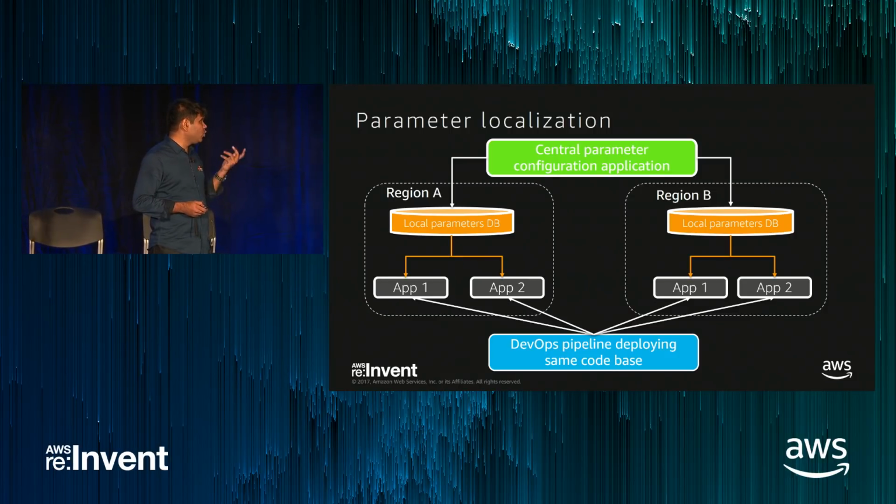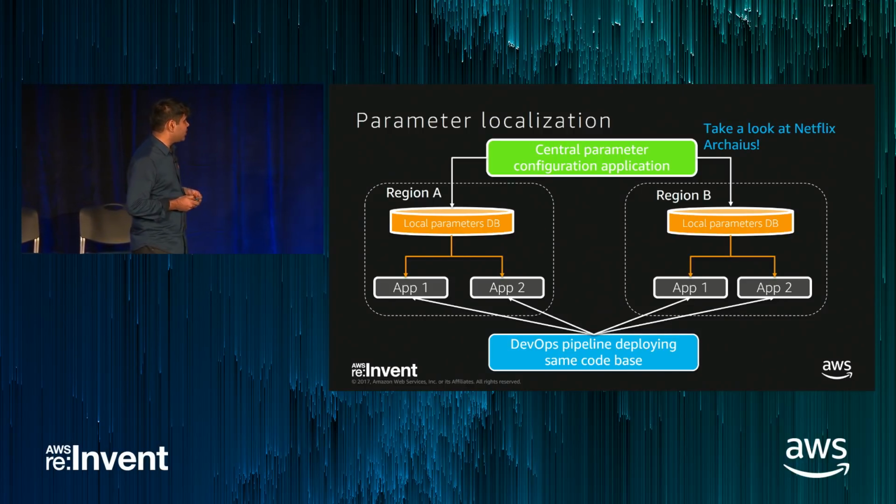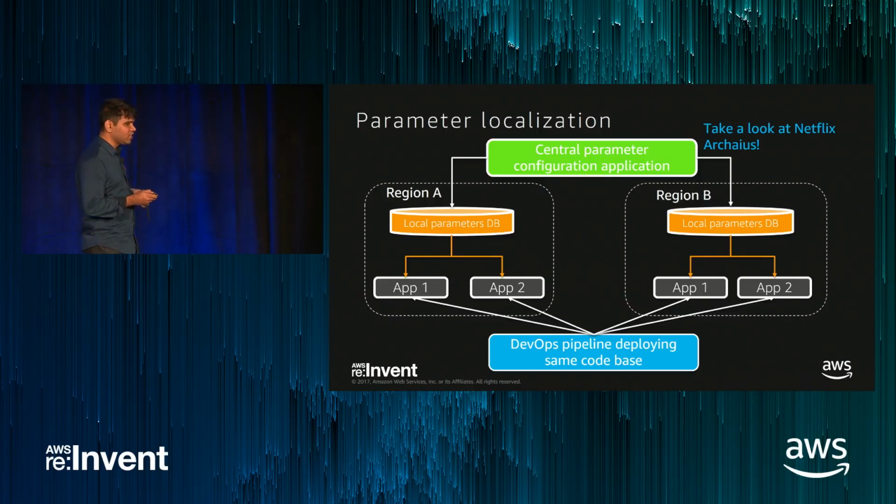And then you should have a neat UI to allow you to configure that parameter DB. So either you can do this all by yourself, or there are some customers who are kind enough to share their solutions. You can take a look at this open source product from Netflix called RKS, which helps you do that, right? Why reinvent the wheel when a wheel is available?